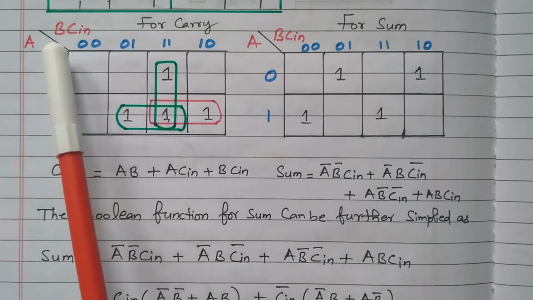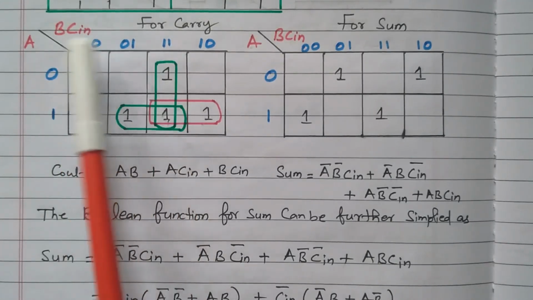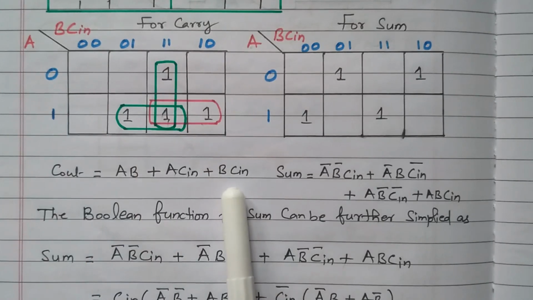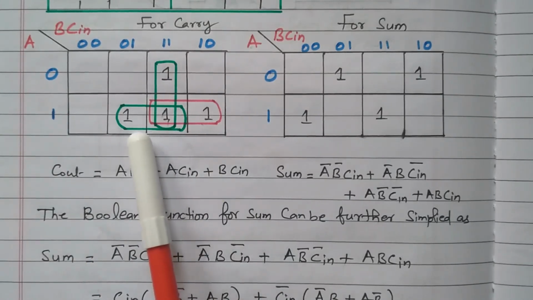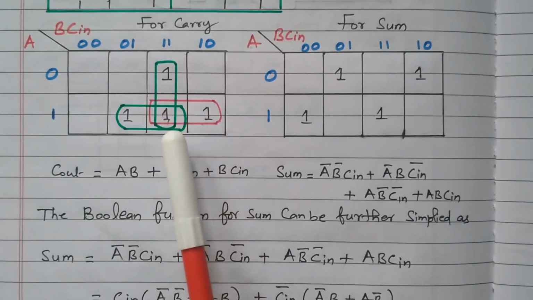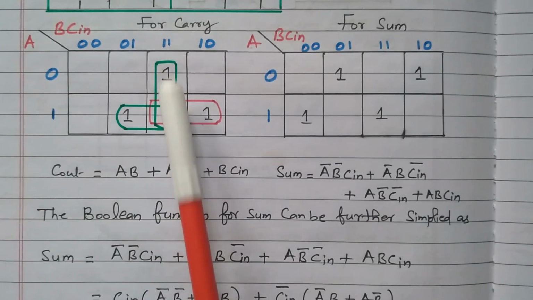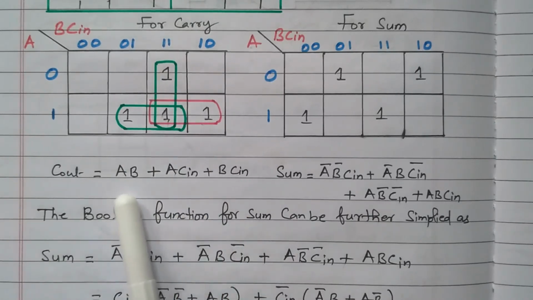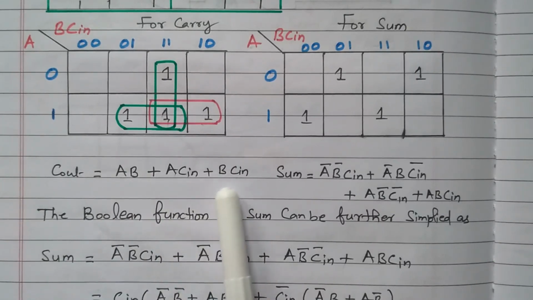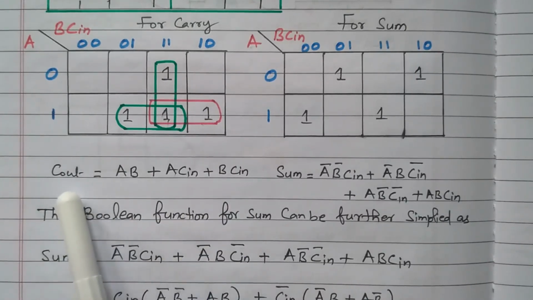1, 1 means what? B, C in. The first one is B, the second one is C in. So that is available here. This is B into C in, right? Based on the tabular column, these ones are marked in the K map. The ones are combined together, 2 ones are combined. Then we got the final expression AB plus A C in plus B C in, that is the expression for C out,